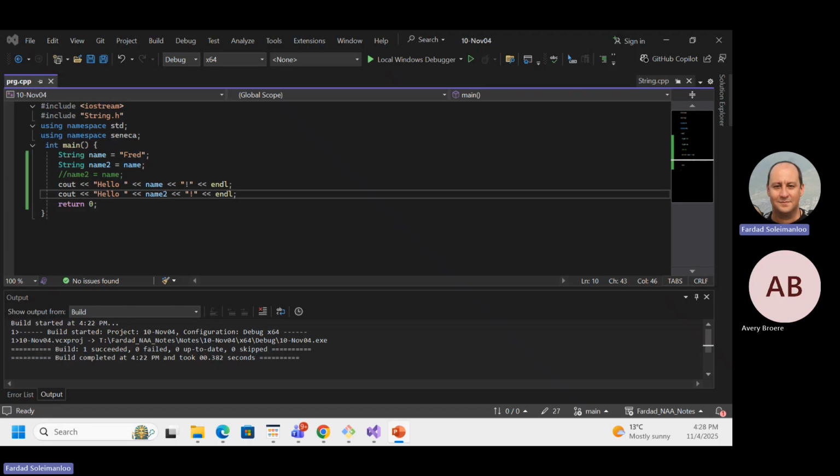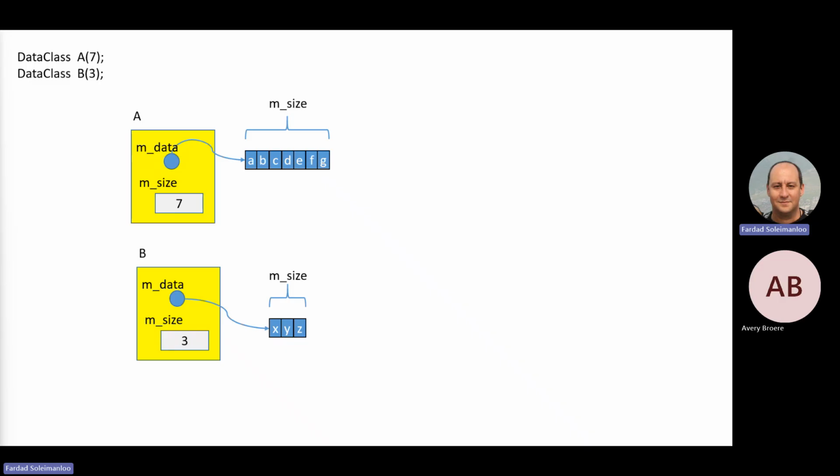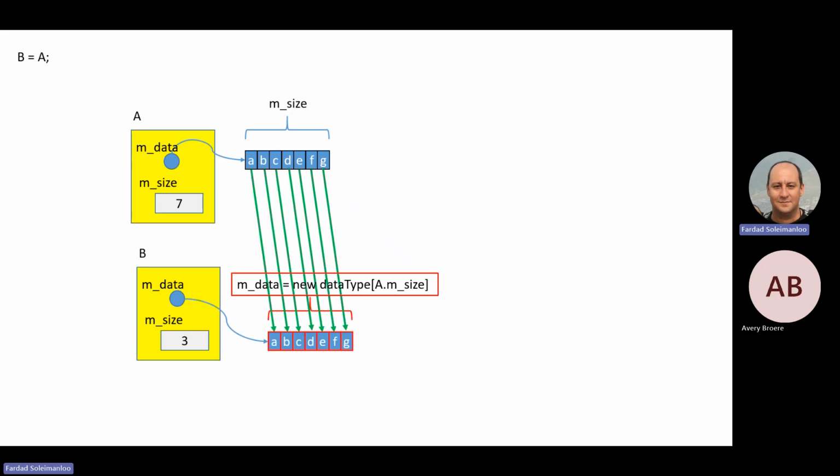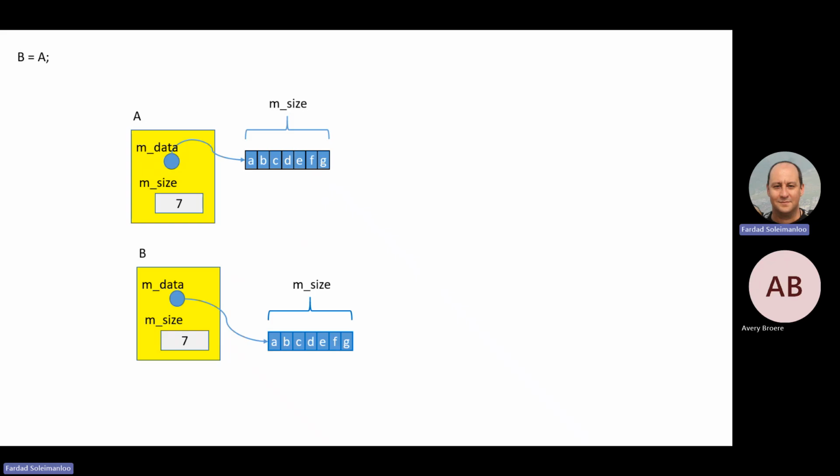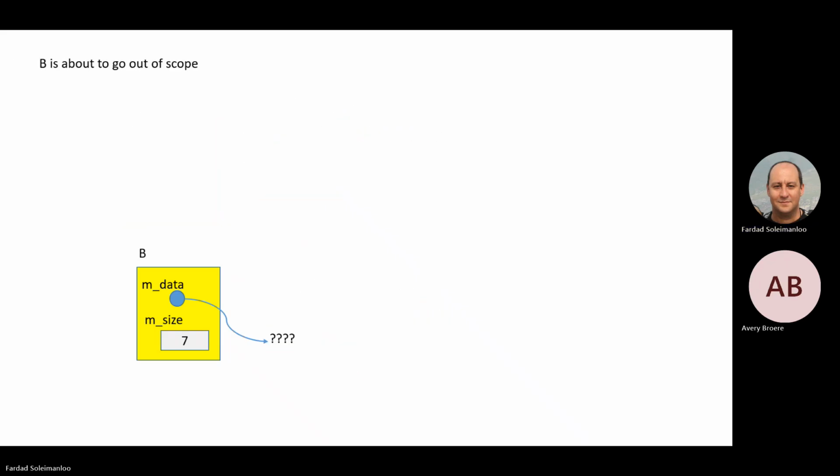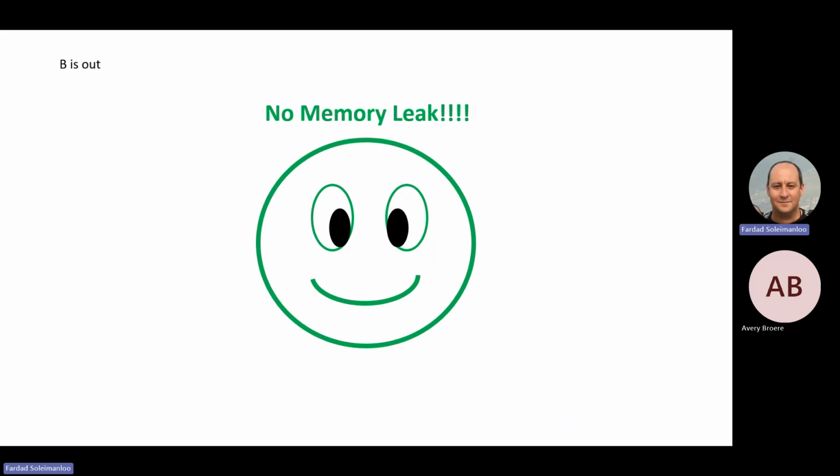In this one, when we are actually having the assignment, it becomes a bit trickier. Why? Because when you are doing a copy constructor, there is no already existing data. You are creating a fresh class. You don't need to worry about already existing data. But now, when the assignment is about to happen, you have to first delete the old one because you don't want to have any leak. After deleting the old one, you have to do the process of copying again. So you have to allocate the new data, bring everything in, and do the shallow copy. And now you have everything. And then when it's gone, we're going to have the smiley face coming up. Are we good? Let's write